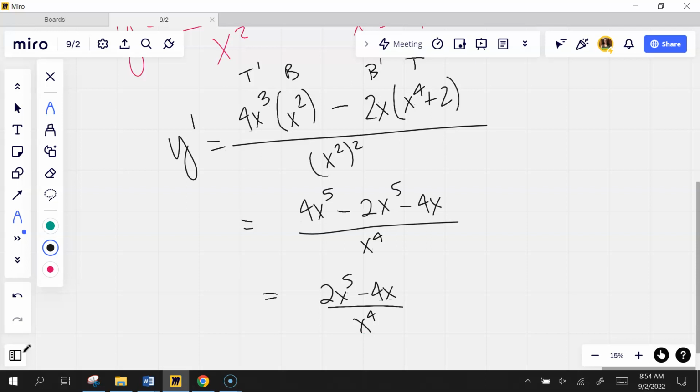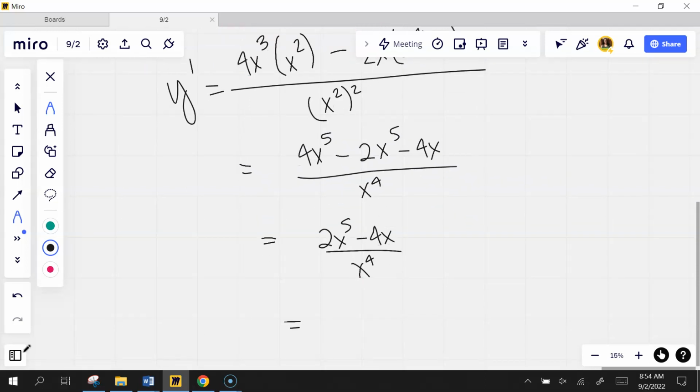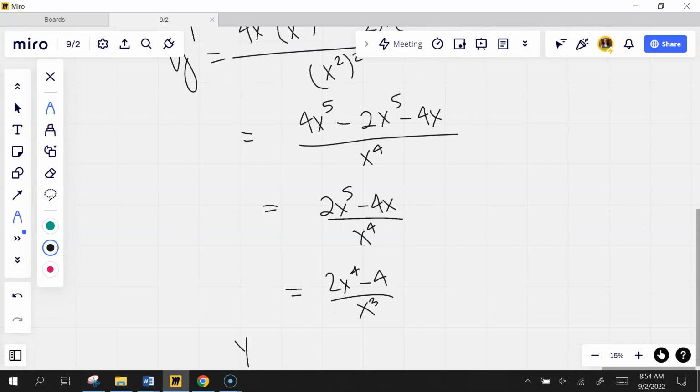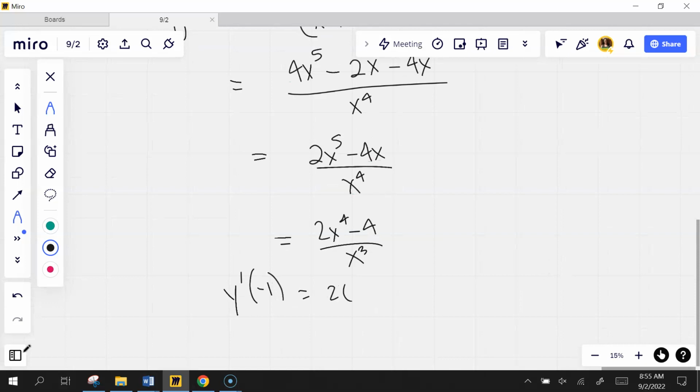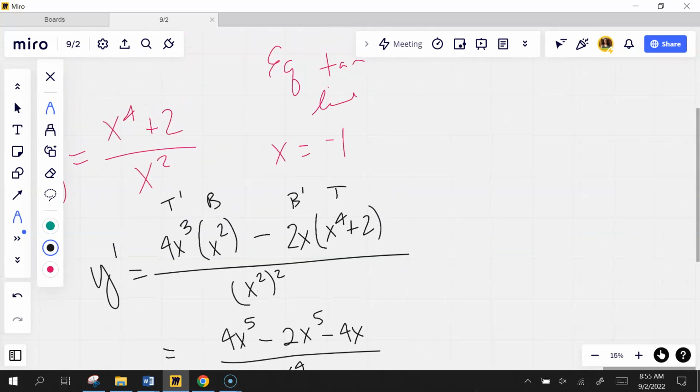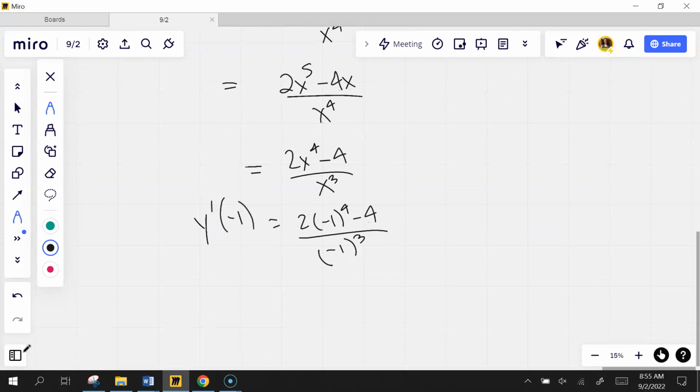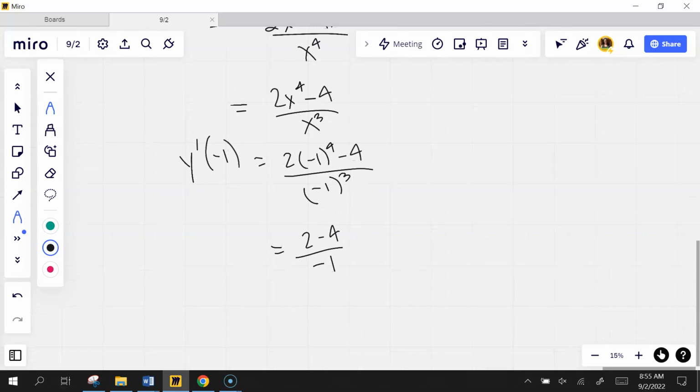I don't have to go this far with the simplification process, because what I'm looking for, I'm just OCD. What I'm looking for is the slope at -1. So what I want is y prime of -1. So if I plug a -1 in here, I get 1 to the 4th minus 4 over -1 to the 3rd. I just plug -1 in because it asked me for the equation of the line at x equals -1. So I get 2 minus 4 over -1, which would just be